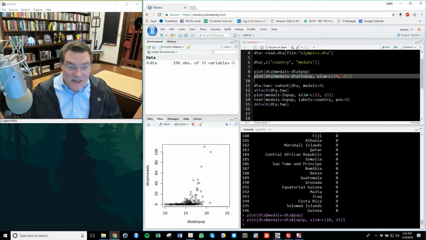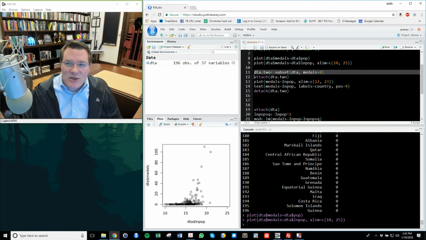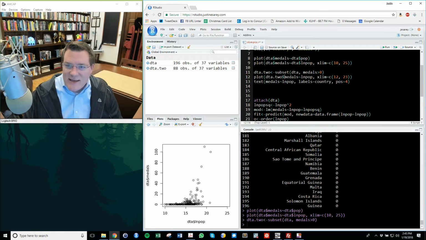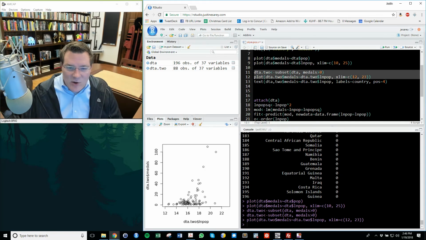But there's a lot of zeros in here. There are a lot of countries that don't earn any metals, and they're sort of bombarding the lower reaches. So maybe I want to just look at the countries that do win some metals. So I'm going to subset the data and only look at those countries that have earned some metals. And so I'm going to say I want to look at now just that subset of the data. This is the subset of the data for which metals have been earned by some countries. So I've just taken out all the zeros, essentially.